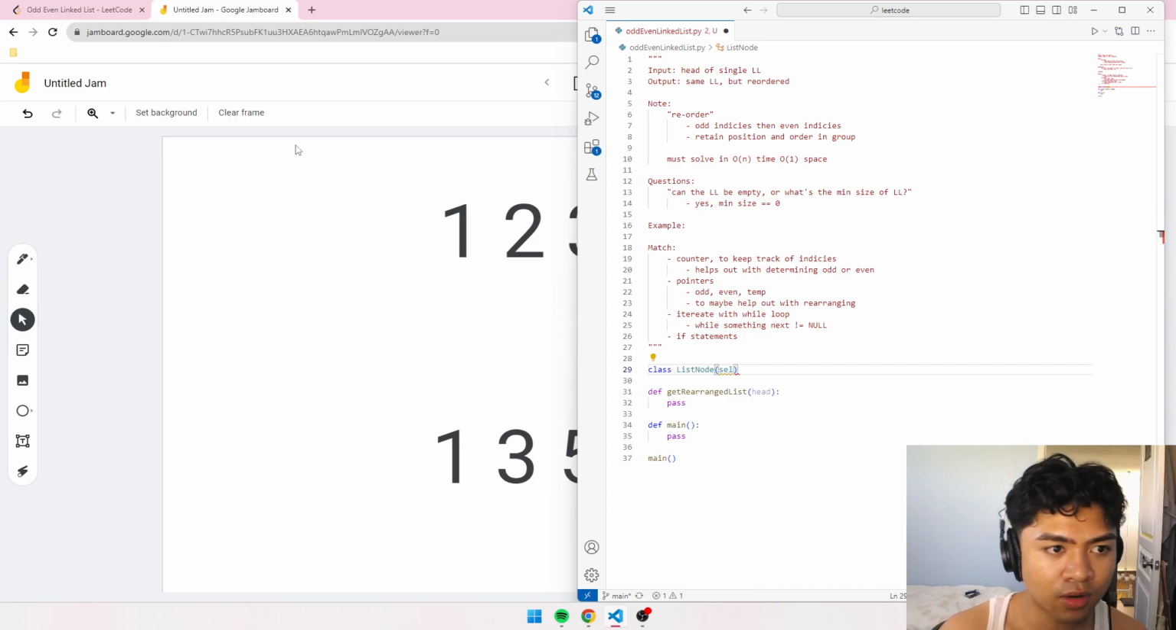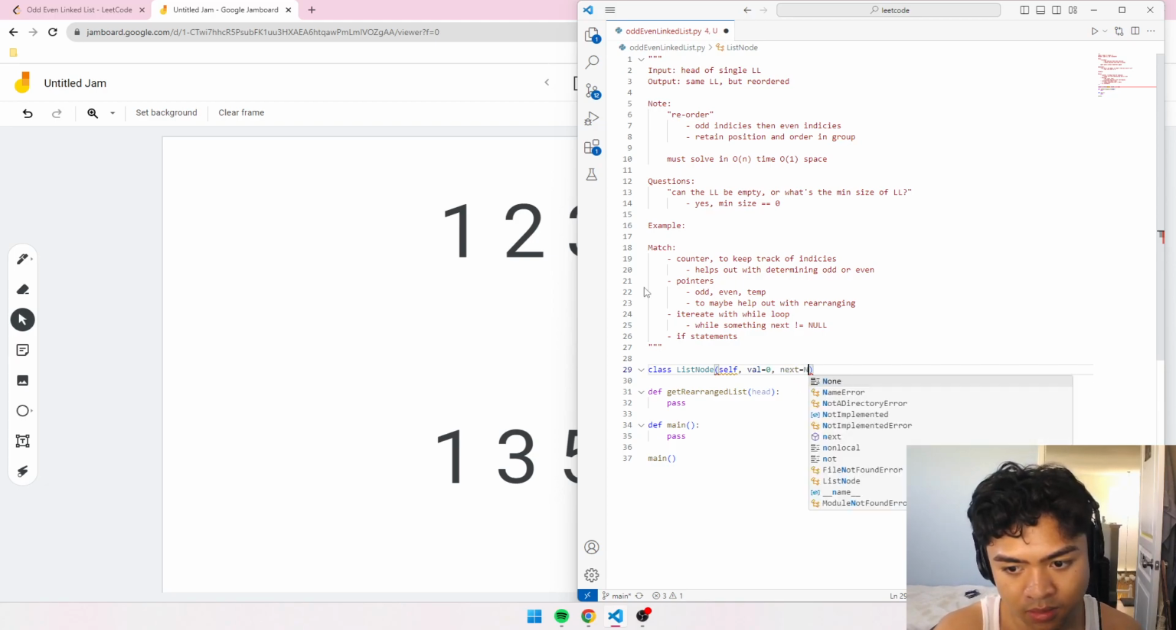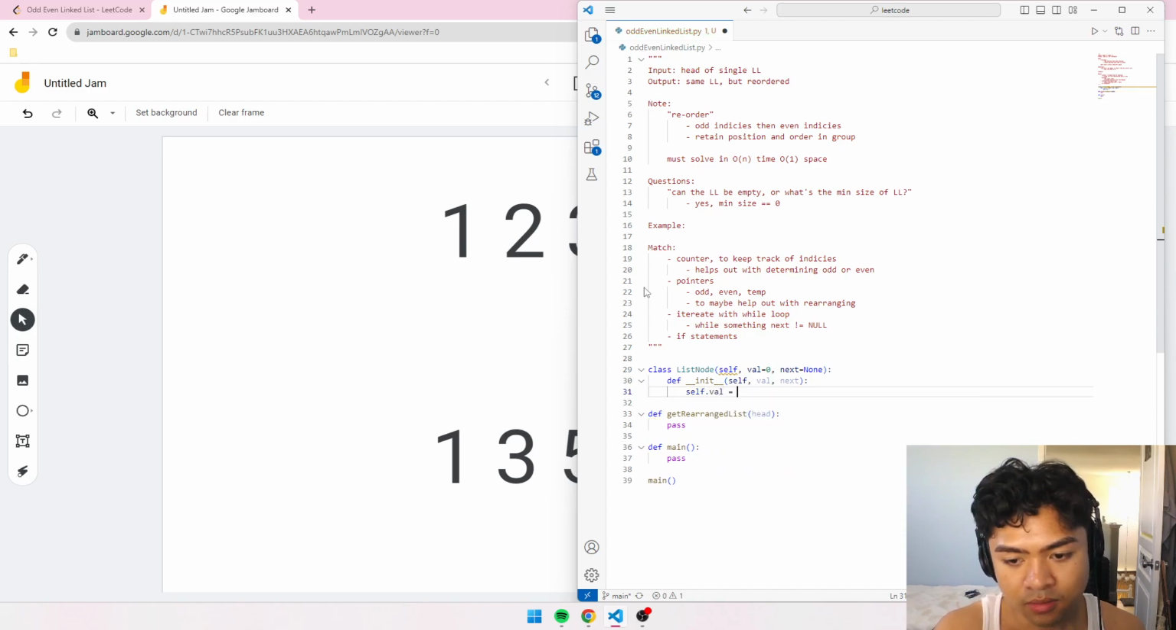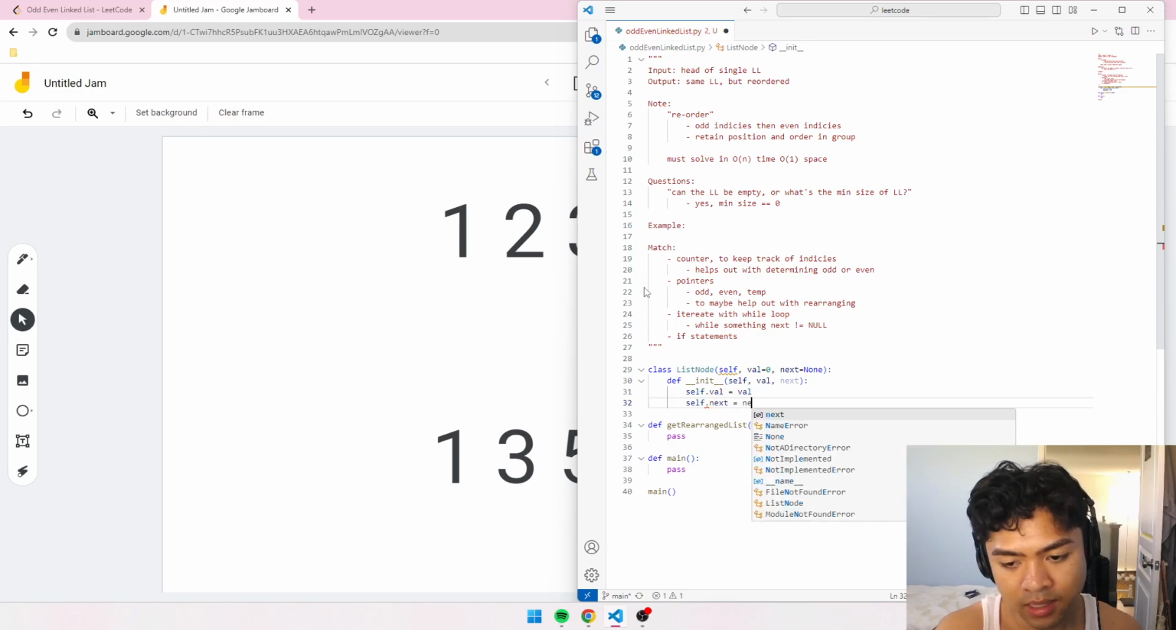Wait, how do I make a class? Yeah, self. Let's take in self, and val equal to 0, and then next is equal to None when we initialize it. And then let's go ahead and make our init, our constructor, and take in val and next. And self.val is equal to val, and then self.next is equal to the next that we're given. All right, so